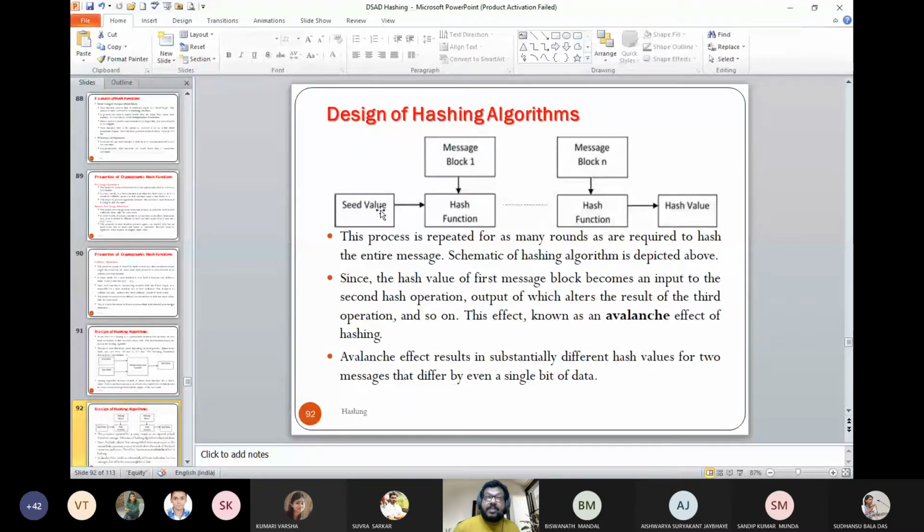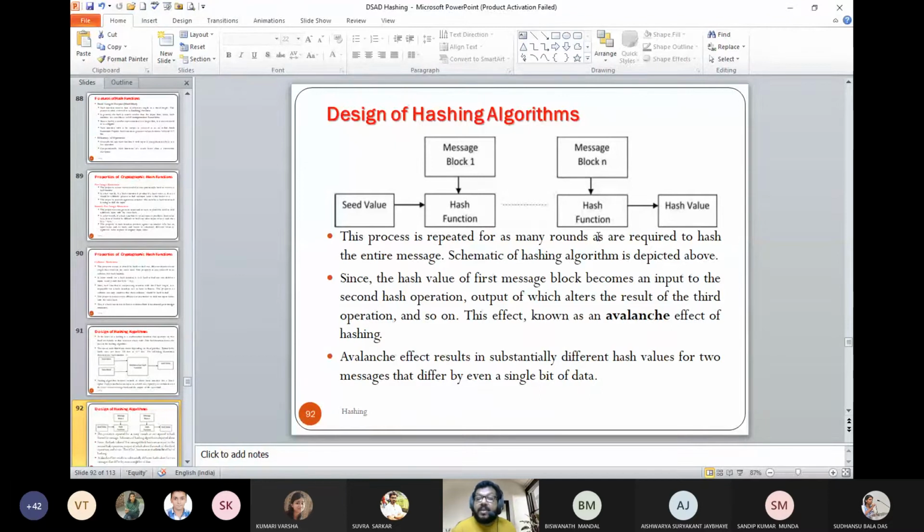The seed value is the timestamp at that particular time, which is popularly known as a salt value in a typical operating system. For authentication of the password, or how the passwords are stored, you apply the hash function once. Maybe you are using only one part of the message, and you get some output and pass it on to the second block. Maybe the whole process you can divide into a number of stages so that decryption will be difficult.